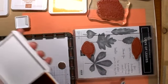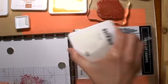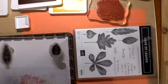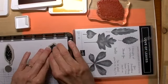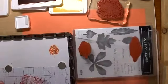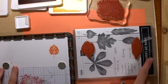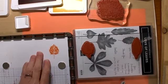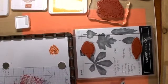So I'm going to use pumpkin pie, which is also one of my favorite colors for fall. It's just a really, really pretty, deep, rich orange color. And it's very, very bright, very festive. I turned that over because I still have ink on my other leaf, and I just didn't want to get that in a place where I don't want it. So I'm starting with the pumpkin pie for this one, and then I'm going to come back in